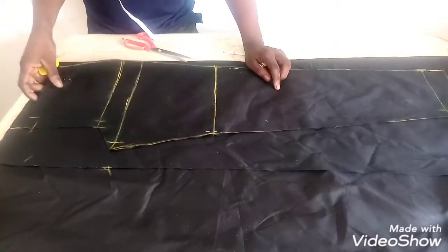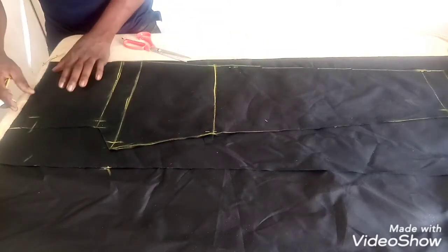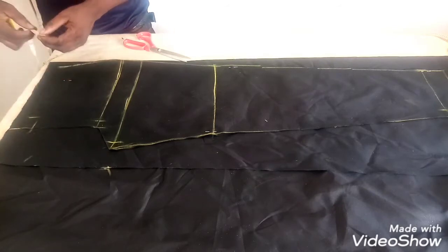Now we shape out the front. We want to use it to shape out the back. If you notice, I leave 1 inch allowance at the top here. And what I want to do with it is that